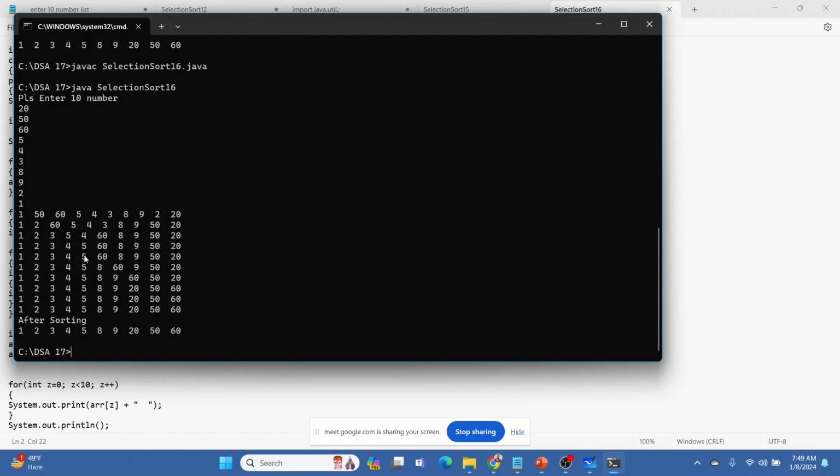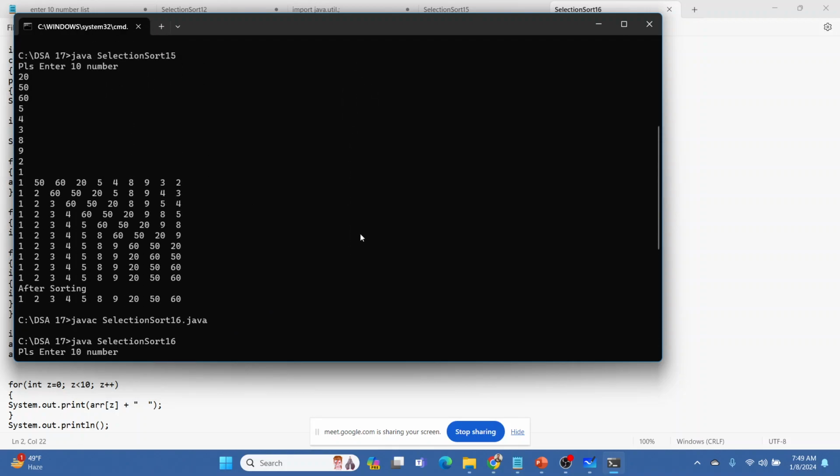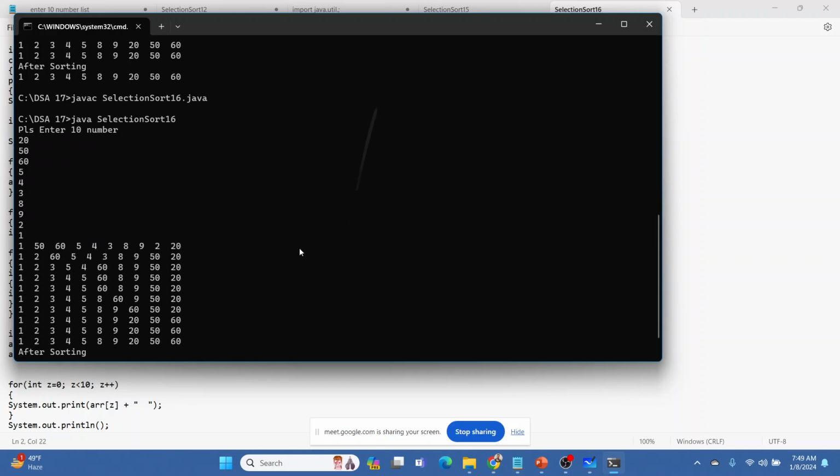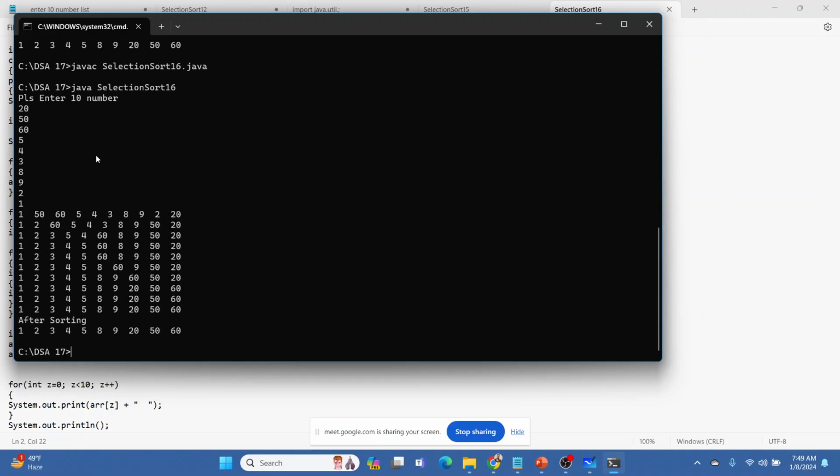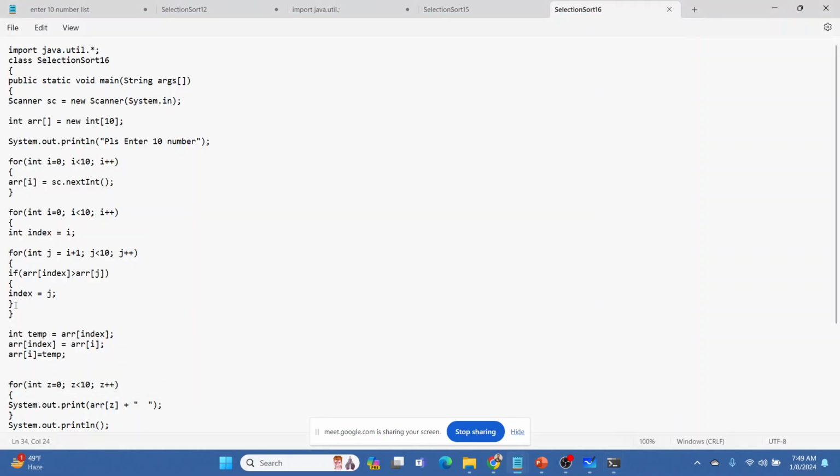It was starting, 6 was not there. So it started sorting from here, but in the second part the second last number is not reaching the end, where 2 3 4 5 8 9 20 50 60 all will reach the end. This will not swap according to that. The first part swapping happens in the same fashion, but the second part it will leave. Why? Because we are not swapping in every inner iteration. We are swapping after the first iteration completes, when we have found the right index, the minimum index, right?